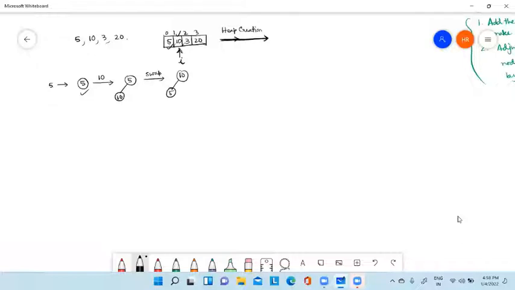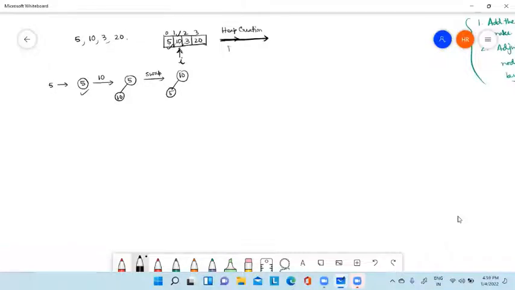Again, in heap creation, I am starting my insertion of a new element from this position. Then I am comparing these two elements. Clear? Suppose I am creating a max heap. If this element is greater, it will be interchanged. If instead of a max heap I am going to create a min heap, then this element will stay as it is. Then I will go for 3. Correct? So are you getting that there is some similarity with another sorting technique? Which sorting technique? Very good.